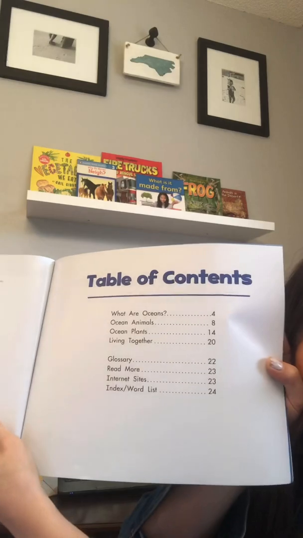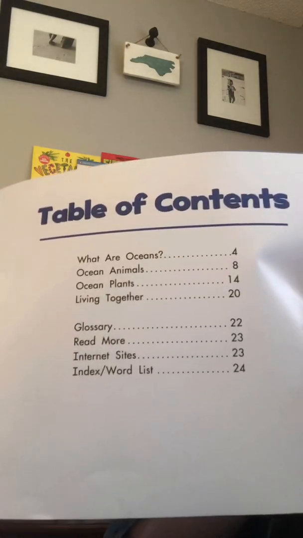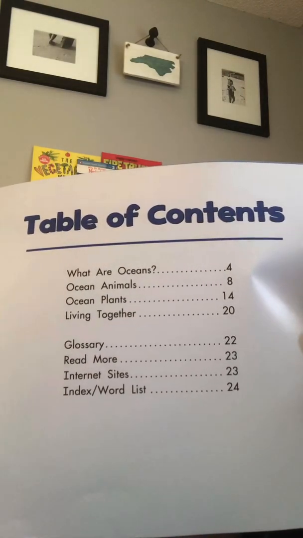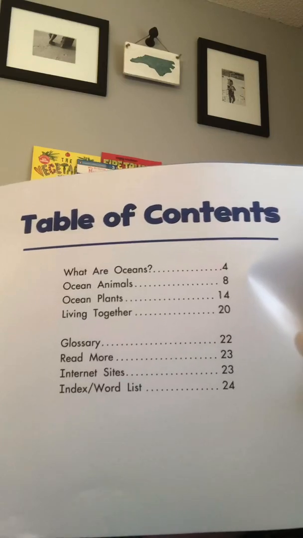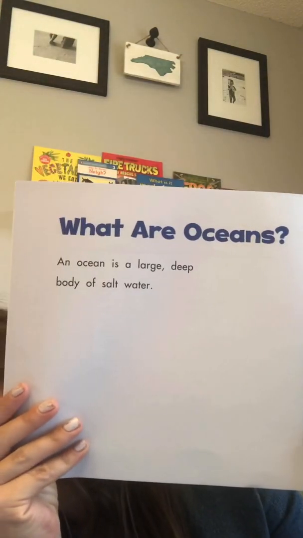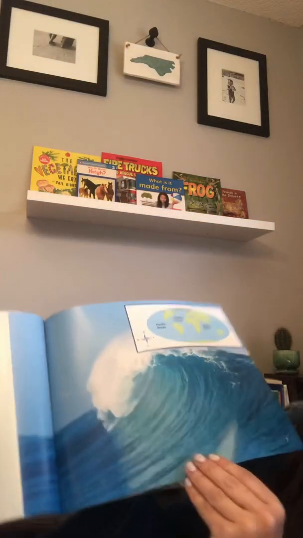As I read, I come across the headings that the author put in the table of contents. So on page 4, I predict that there's going to be a heading called What Are Oceans? Let's see what else I can find. If I keep turning the pages,